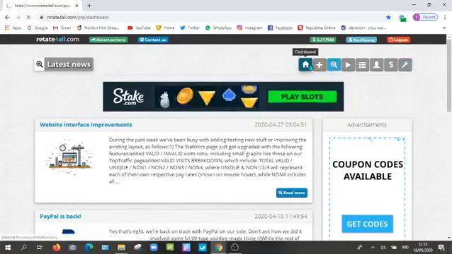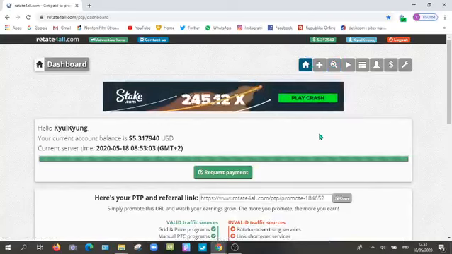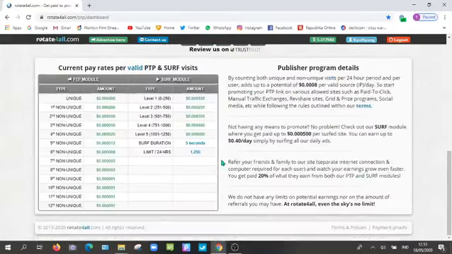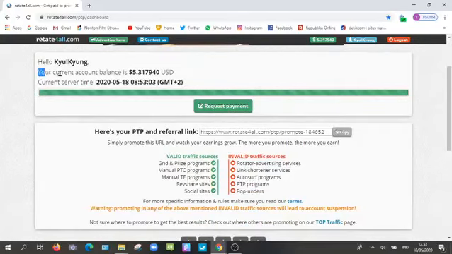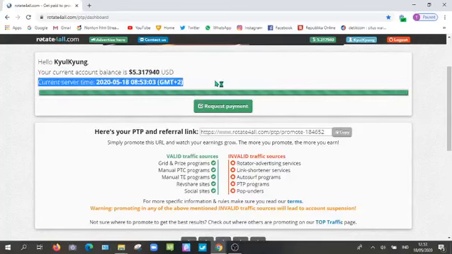And as you can see here, if you click on the dashboard, you can see here's my balance, and the minimum amount for withdrawal is $5. So I have hit my threshold for my payment. And here's the server time,